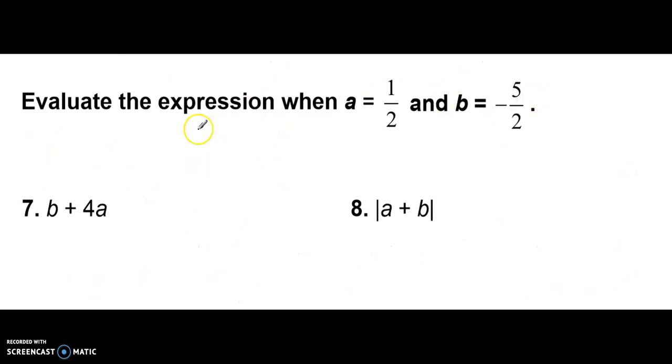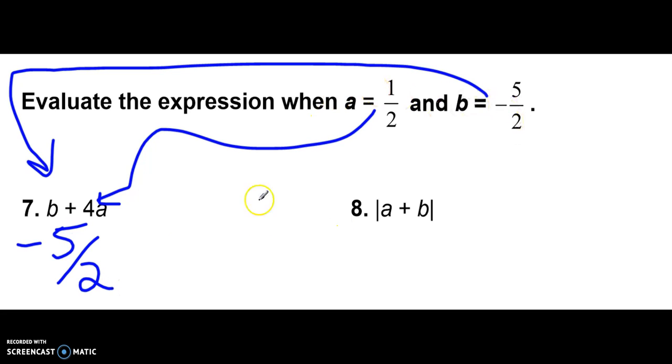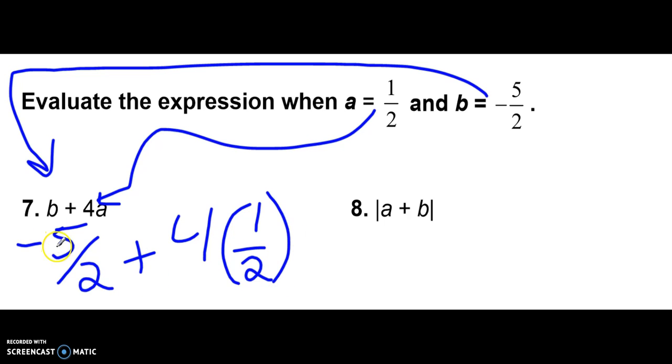Okay, and this problem is very similar to the one that we just did. So the A goes here, and the B goes here. So we do negative 5/2, because that is what it says right here, that B equals, plus 4 times the 1/2. Okay, so that is 5 over 2. We don't have to change anything because the B was alone, so we don't have to multiply by anything like we're going to have to with the A. So that equals negative 5/2